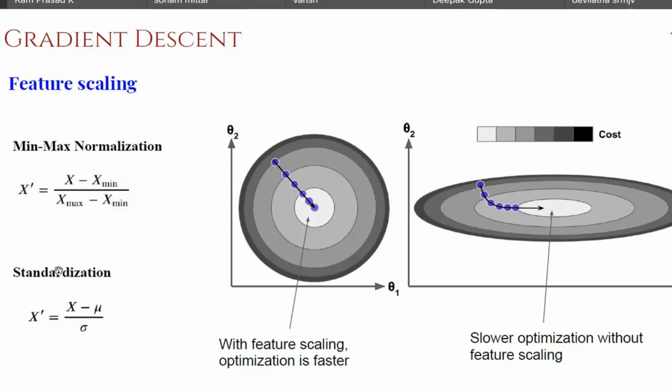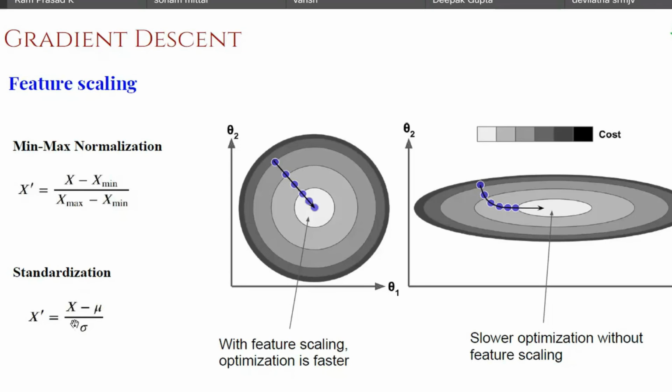Standardization is another technique that is used for feature scaling, and this is the most prominently used approach. If you use standard scaling, what it does is that it will find the mean and standard deviation of the attributes, and then you apply this: x minus mu divided by standard deviation. So if you apply this, it will again push all the attributes to a unit normal distribution. So that's what this will do.